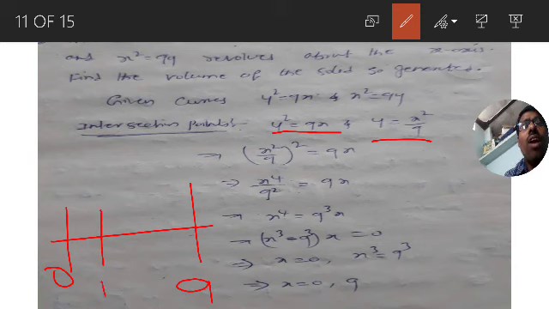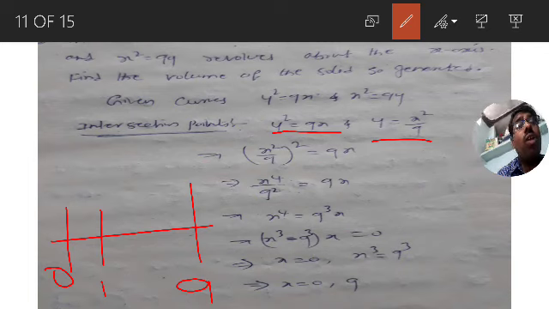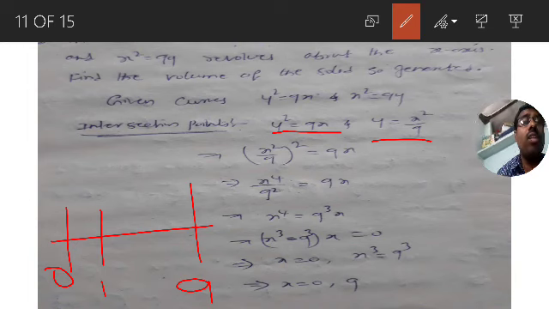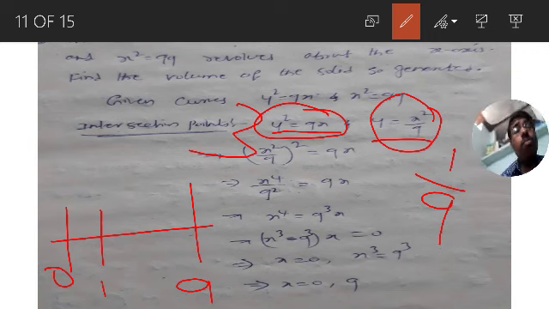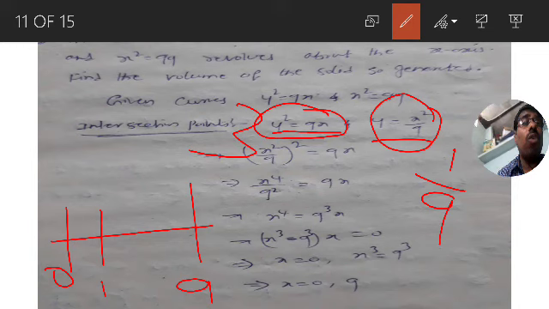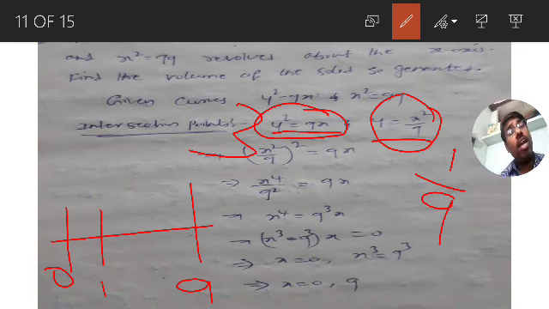So in between there is 1. Substitute that 1 in both cases. For y is equal to x square by 9, you will get 1 by 9, and for y is equal to square root of 9x, you will get square root of 9, that is 3. So 3 is the greater value. This is the upper curve and this is the lower curve. Therefore the upper curve is y is equal to square root of 9x, and the lower curve is y is equal to x square by 9. Are you able to get it, guys? We are doing this to decide among the two curves which one is upper and which one is lower.